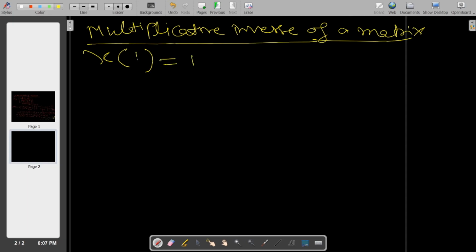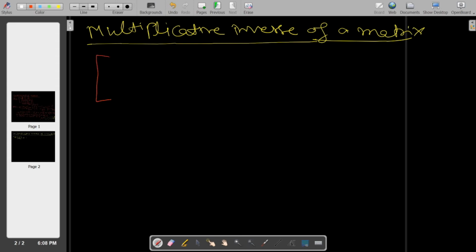Yes, we have seen that we have an inverse of x, which, if you cancel it, will give you 1. Except 0, we do not have any inverse which gives 1, because if you multiply any number with 0, that will give you 0. So 0 does not have any inverse. So similarly, for matrices, do we have an inverse for that particular matrix?